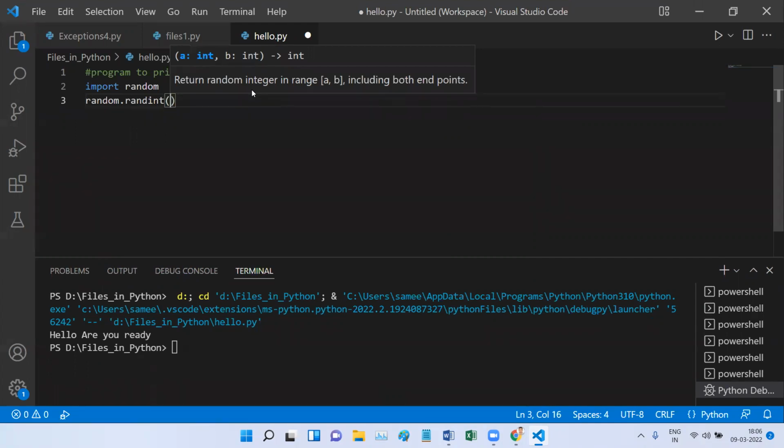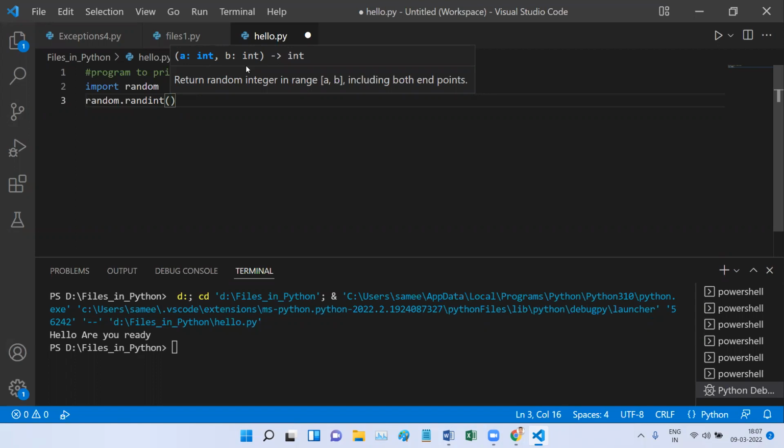Imagine you don't know what you have to enter, but you can follow the syntax. It will take two integers, a of integer type and b of integer type. That means this randint function will take two integers.